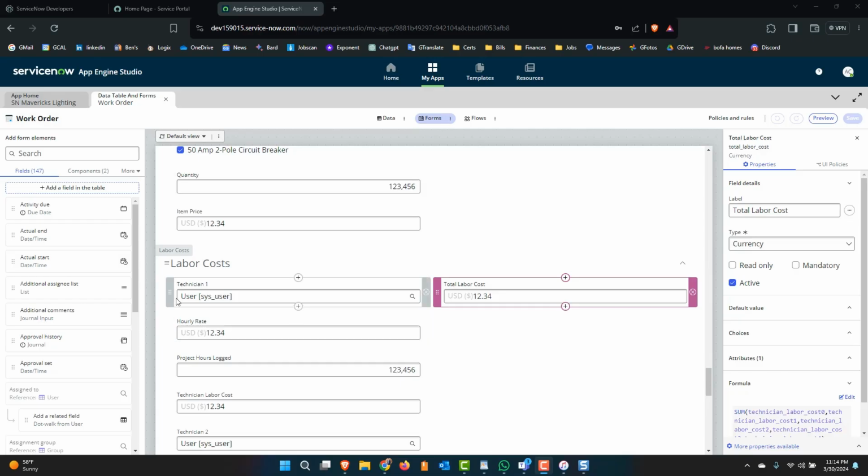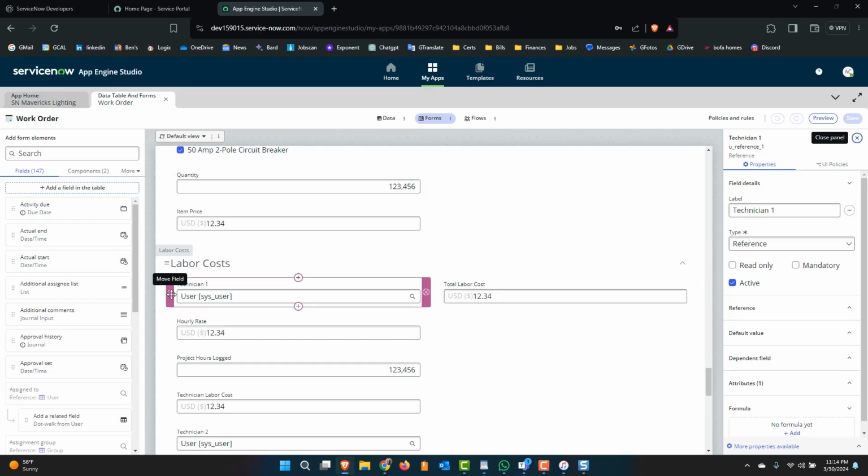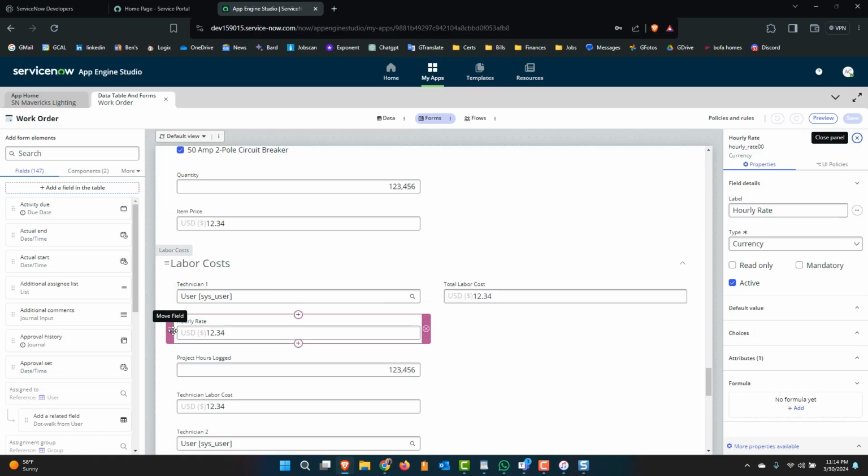Okay, so I went through the labor costs and I fixed these. Again, we have to do reference 1 for the actual technician name. For the hourly rate, we changed it. We had to add an extra 0 there because we were having issues just recreating what we had before. Not a problem. We also have, and